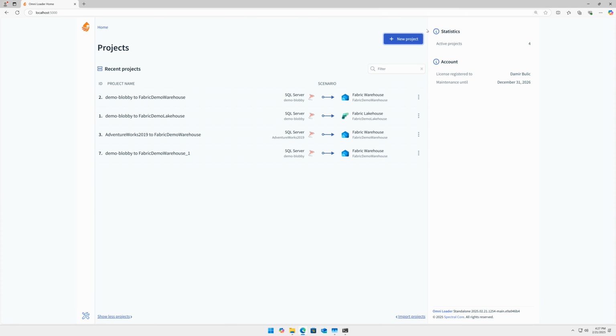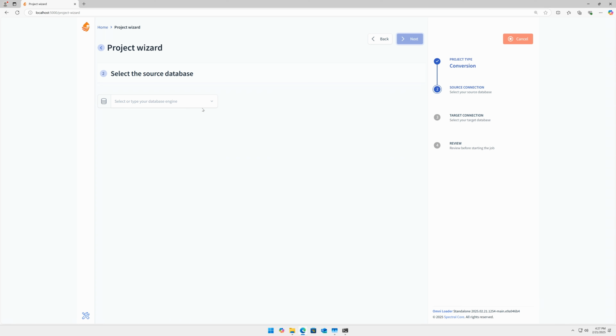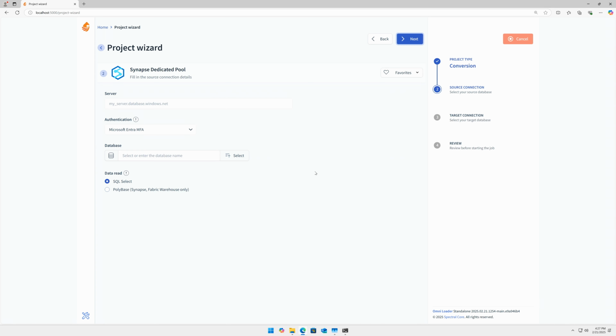I'm going to be migrating Synapse Dedicated Pool database to Fabric warehouse. Of course, it makes sense when going from cloud to cloud database, run Omni Loader in the cloud. That's the most performant. So I'm gonna click New Project, Full Table Copy, Synapse Dedicated Pool, and then I'm going